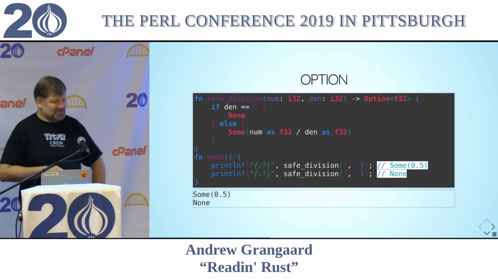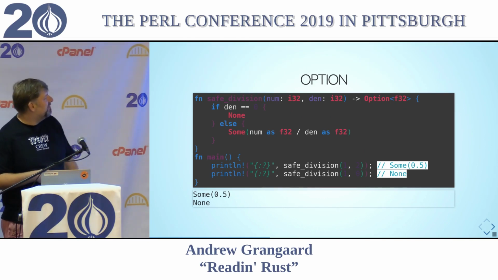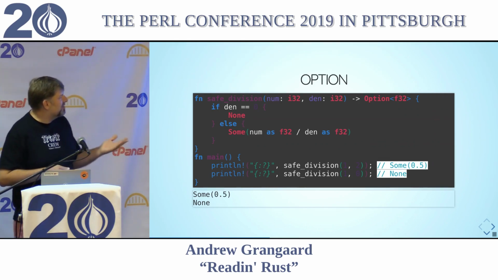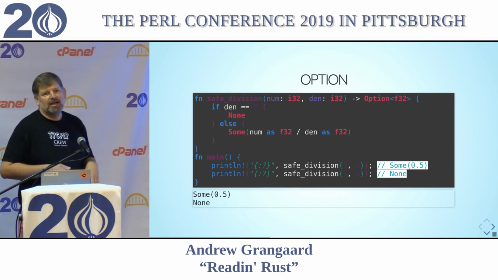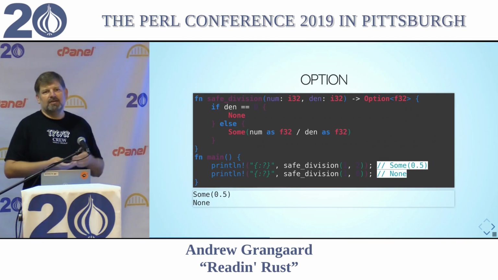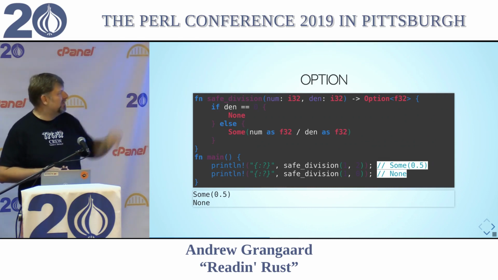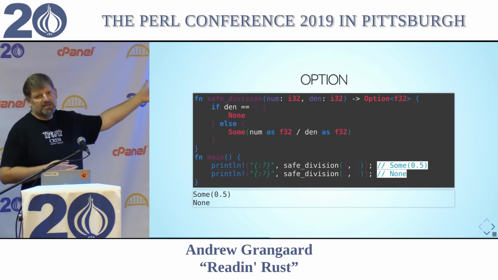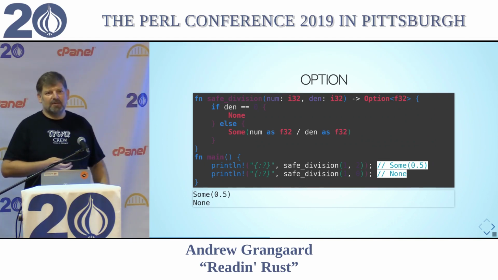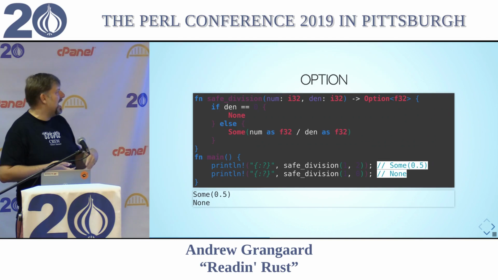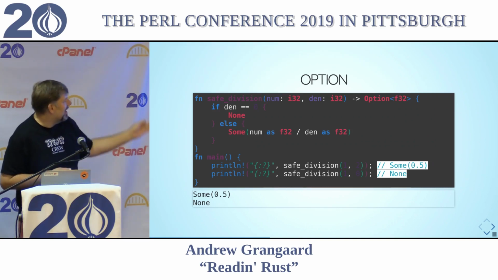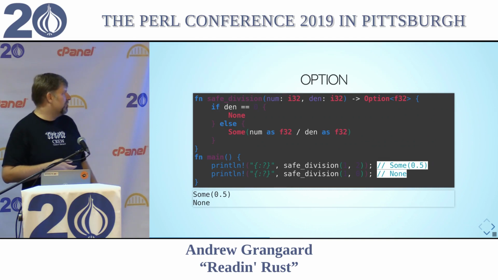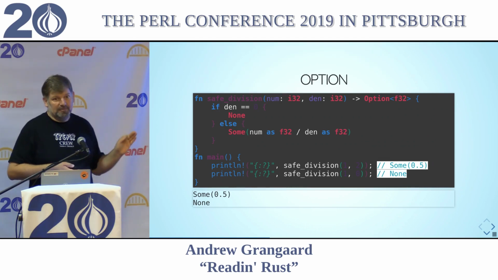So, here's some examples. I actually wrote this safe division function. This is a great example for options. I take an i32 for the number and an i32 for the denominator. And if the denominator is 0, I return a none. And otherwise, I divide them as floats, and I return Some, which is the type that is inside of an option to say that I have some value. And if I were to just try and print that out, in the debug type, I can tell that if I do safe division on 1 and 2, I get Some 0.5, and if I do it with a 0, I get a None.